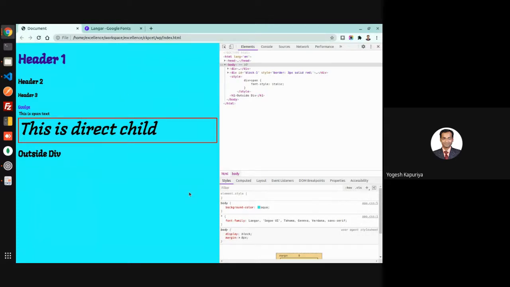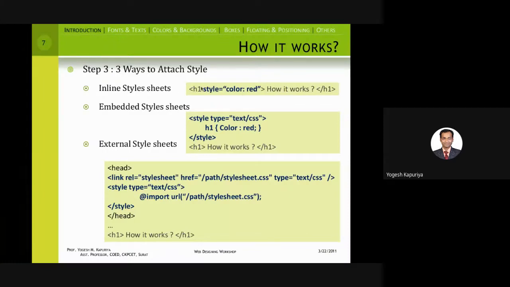So even though your tag contains the ID, we have discussed that the ID has the highest priority, but that is in the context of the selection. In the context of applying styles, the order of application is such that the inline style will always be given the highest priority.